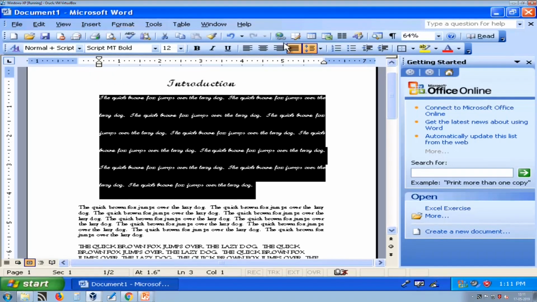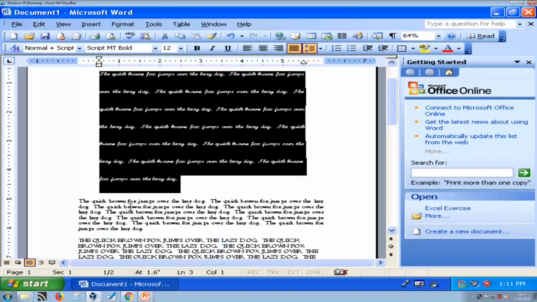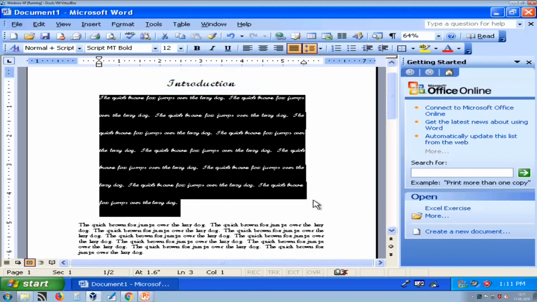Now again go to line spacing, and here I am going to apply 0.5 on the right side. You can see that now it is 0.5 from the left margin and 0.5 from the right margin.